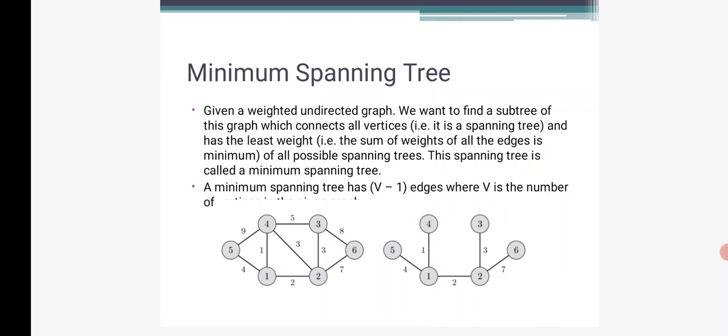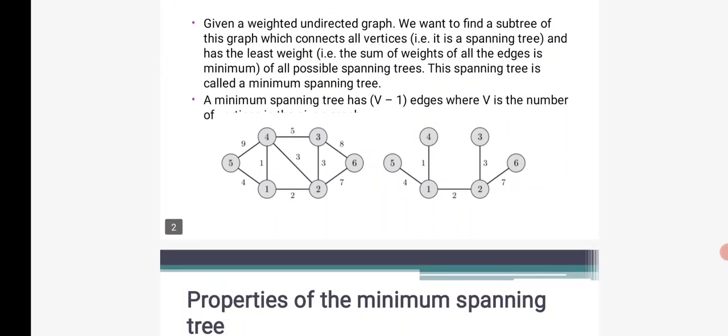Next, we have 5 and 6, which are yet to be connected, so we find the minimum edge. For 5, we connect to 1, that will be minimum. Next, for 6, we connect with 2, which is the minimum. Thus we have found the minimum spanning tree using this algorithm.